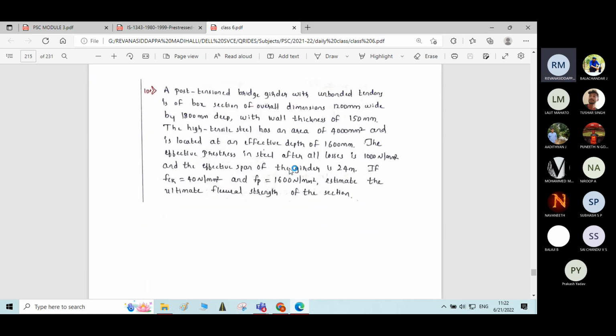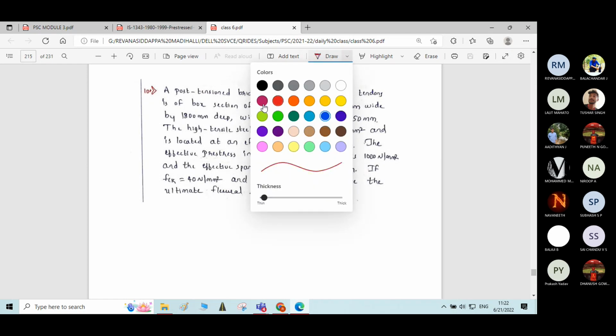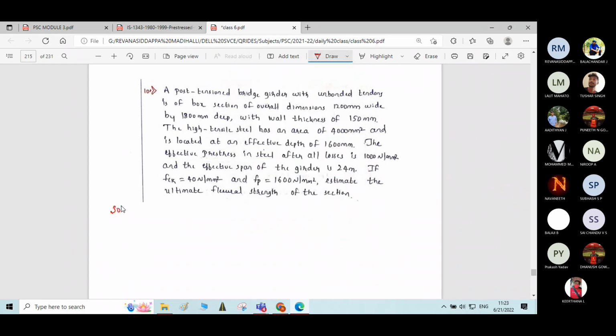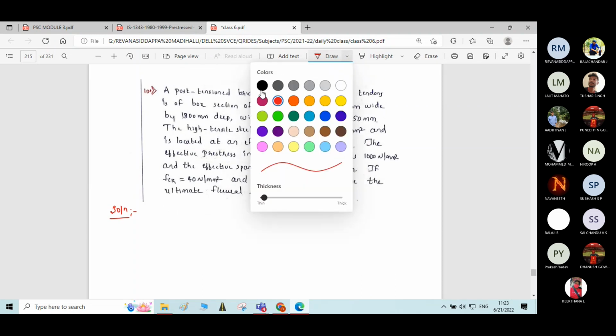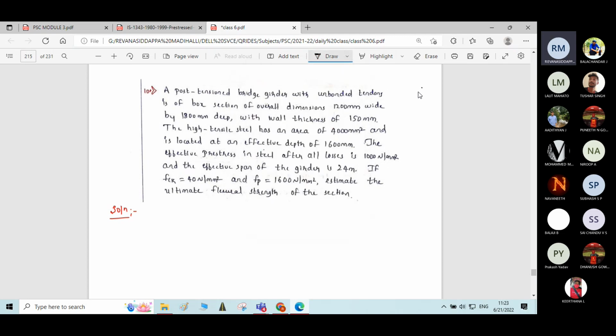Now we'll solve one more problem. That is problem number 10. All of you write this problem. So I'll write the diagram. This is a problem on the box girder, or bridge girder. Just go through it. A post-tensioned bridge girder with unbonded tendons